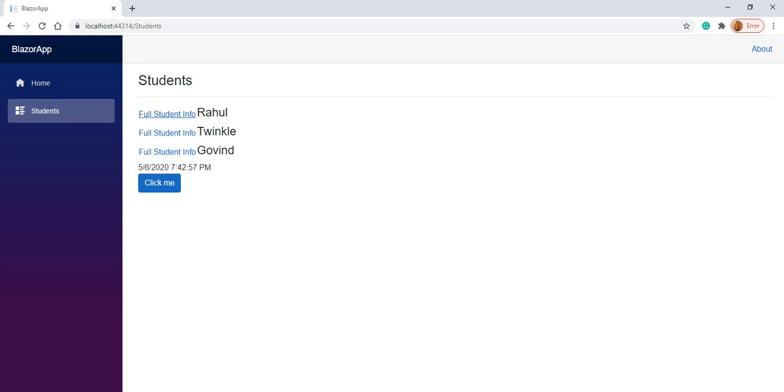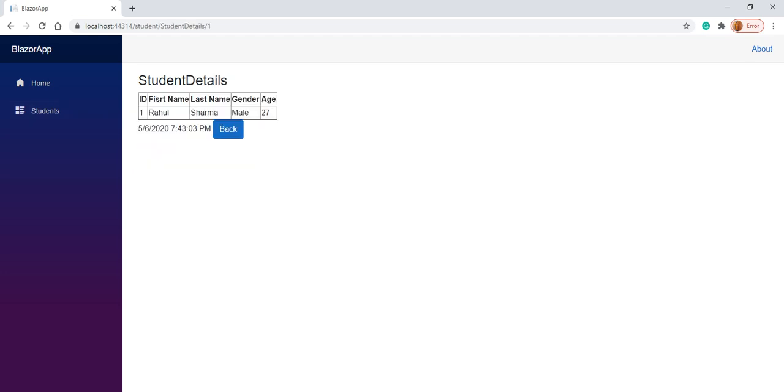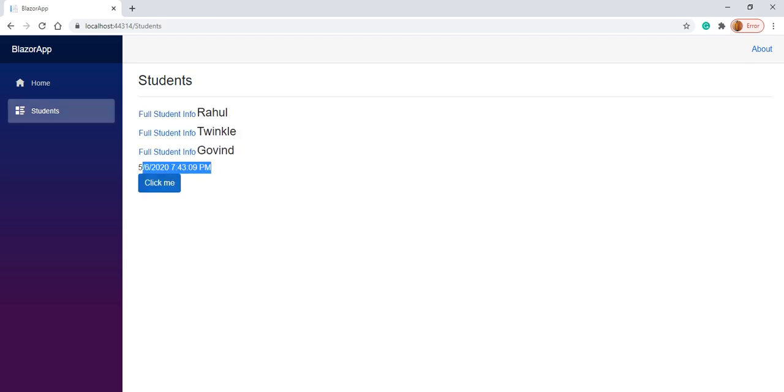When I go to this student information, we can see it is changing to 7:43:03, and when we go back, we can see the time is changing. So we can say every time it is initializing, because this date time we are initializing in the constructor of that class.